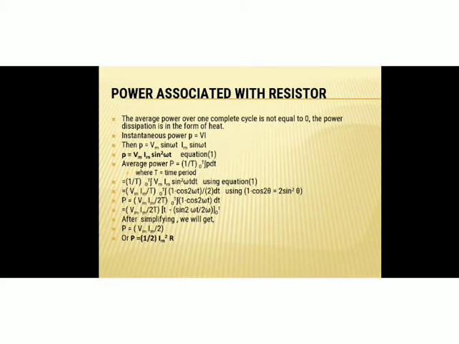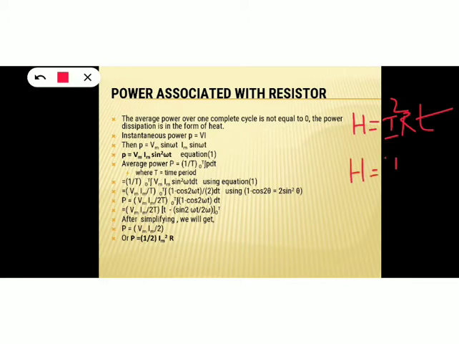And you might have studied, as per Joule's law of heating, heat is equal to I square RT. Isn't it? So for the positive cycle, I will be plus I. So the heat energy will be I square RT. And again for the negative cycle, I is minus I. Even though it is minus I, when we square the negative value, it will become positive. So again the heat energy will be I square RT itself.